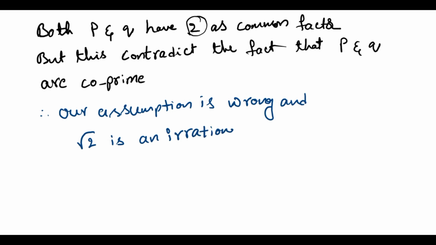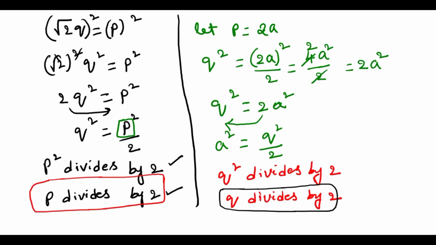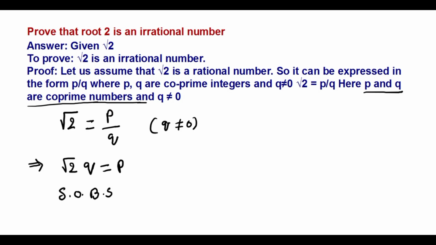Okay, so very important model. I hope you understood very well how to prove root 2 is an irrational. To understand some more, I am going to take one more example instead of root 2. Suppose the question is asked: how to prove root 5 is an irrational. Root 5 is an irrational. So the same steps you follow there.